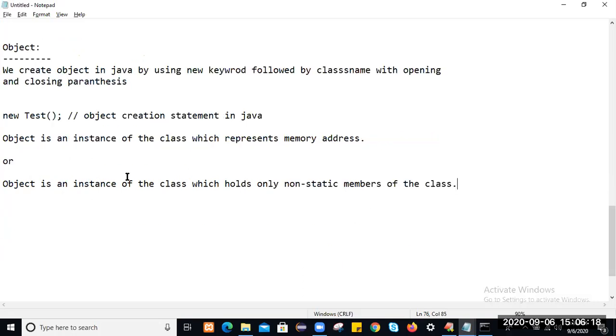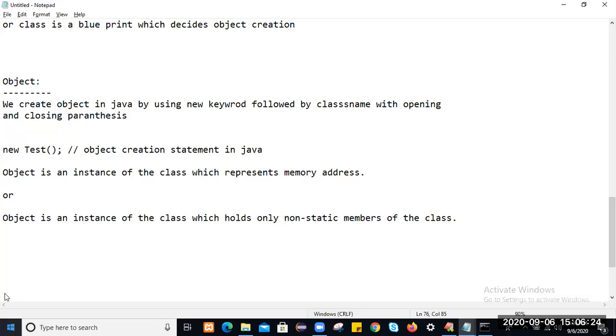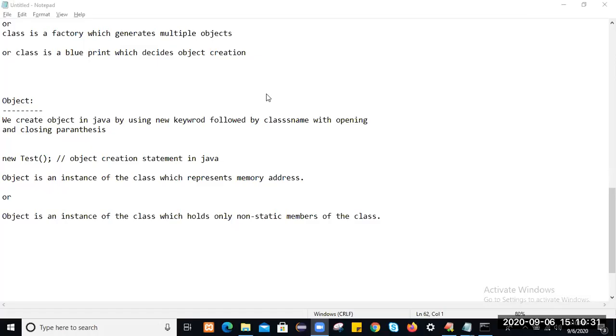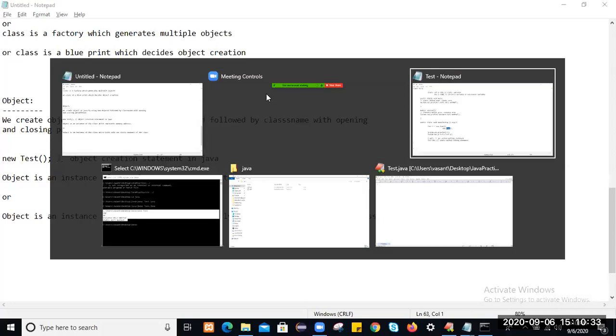Actually, when you create an object, only non-static members will get loaded into that object. So why do we create an object in Java? To allocate memory to the non-static variable, non-static method or non-static constructor. Constructor is also non-static. So for that we create an object. Am I clear?